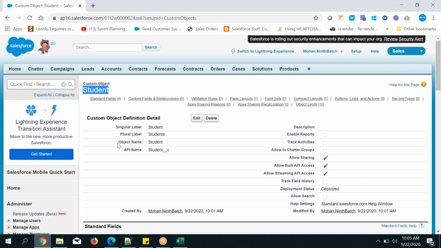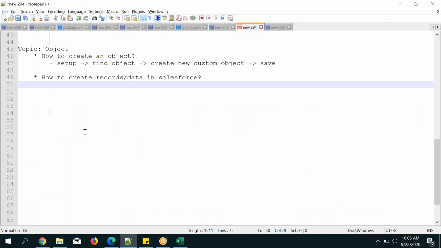Next, how to create records or data in Salesforce. There are so many ways. With the help of development we can do it, with the help of some tools we can do it, with the help of integration we can create records. So from different use cases we can create records in Salesforce. But if you want to see with your eyes how to create records by filling in the data, we need to create a tab.